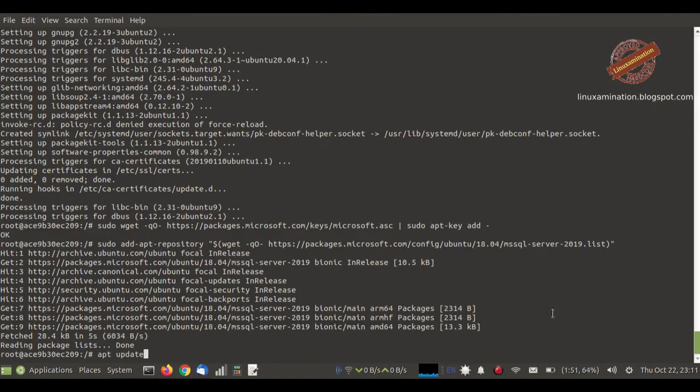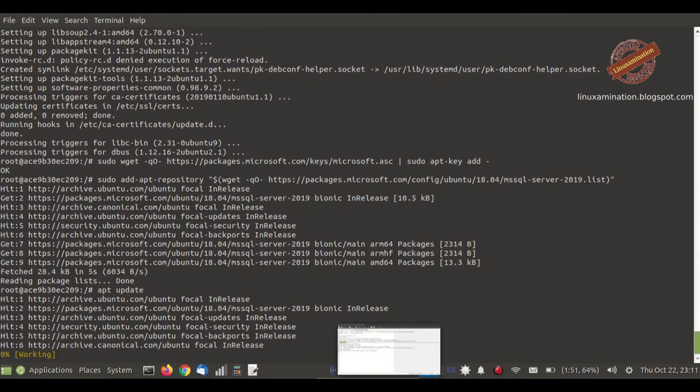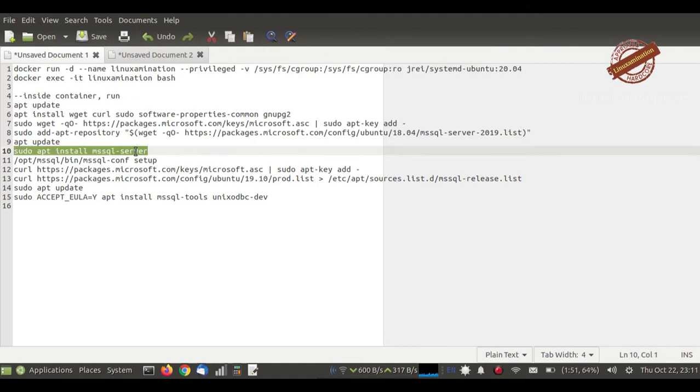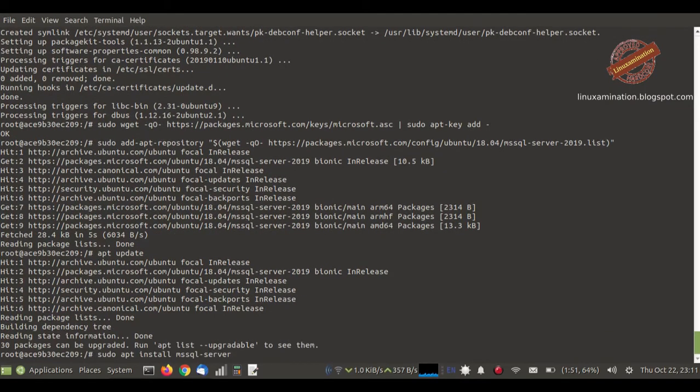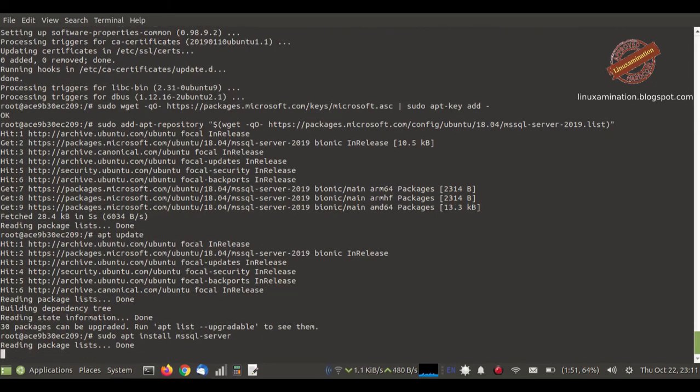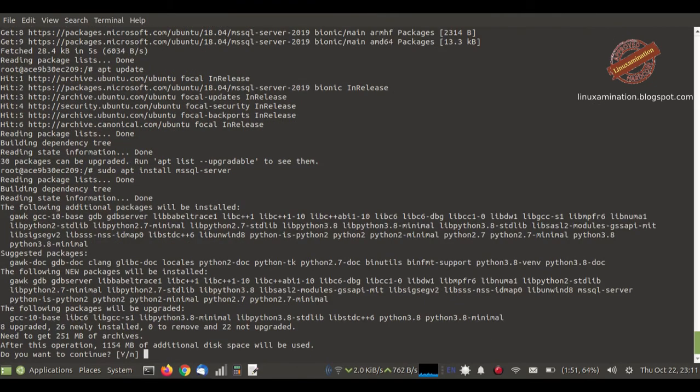Now I am updating the apt repository again. Now installing MS SQL Server.